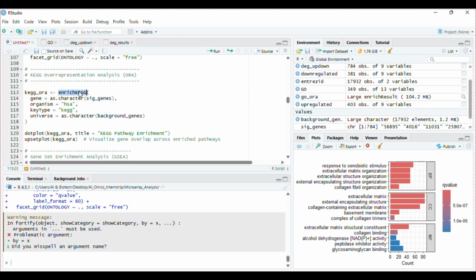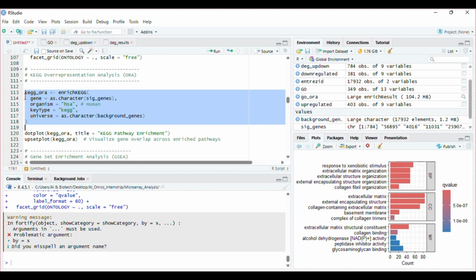Here again genes equals our significant genes, and the important thing we need to specify is the organism for pathways, that is hsa for Homo sapiens, for human, and key type is KEGG, that will be entries ID. So if we run this